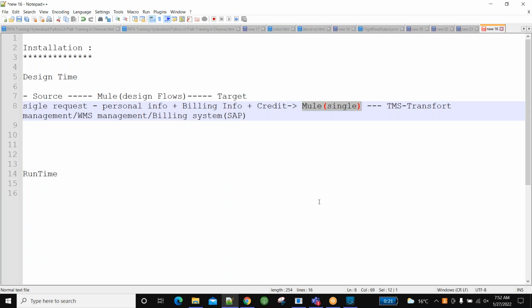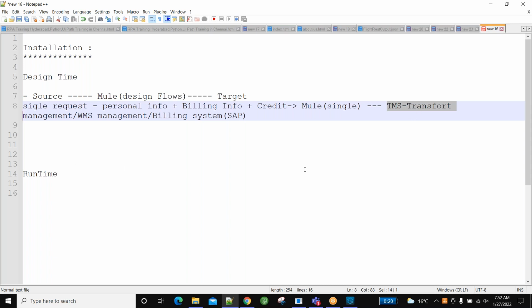So if they are using Mule in between, this is our business requirement, right? That means this fellow has to take the single request, sit in between, and segregate the request which the person has given. For the warehouse system, only the item information we have to send. If the item is there in the warehouse, then we will touch base with the transport manager. We will involve the billing system. If the item is there, billing will happen. After billing, the transport shipping information will come into the picture.